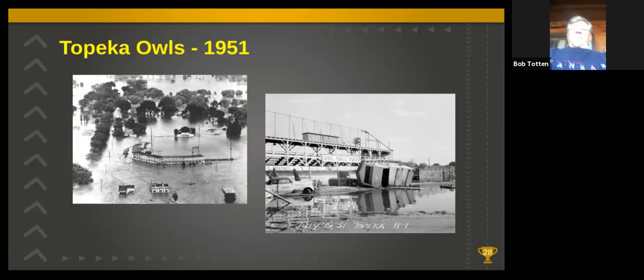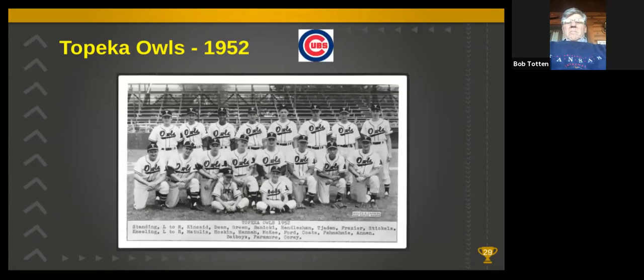In 1952, the Chicago Cubs continued to provide money and players to the Owls, and they sent a manager to skipper the team, A.J. Matty Matulis, who was a pitcher and a hitter. But on August 3rd, he was replaced as manager by Jack Dean. The Owls were in second place at the time, but they'd lost 7 out of 9 games, and their attendance had really suffered. They only drew just under 65,000 that year, which was the first year they averaged less than 1,000 per game. It was also the last of the 5 years that Richard Palmami pitched for the Owls.